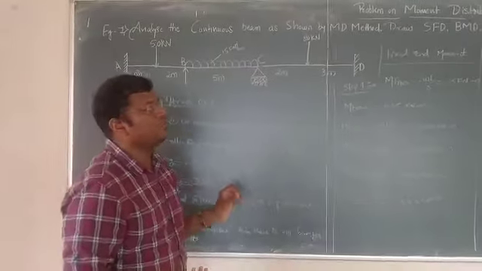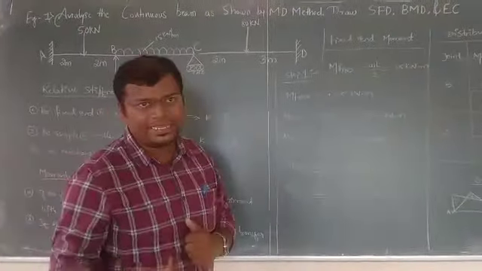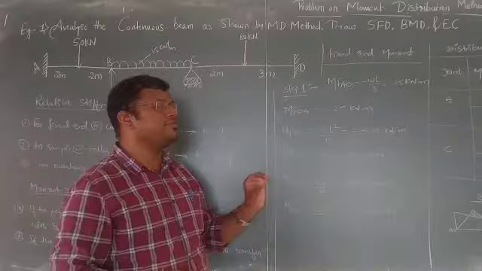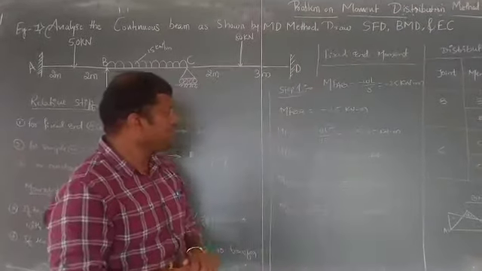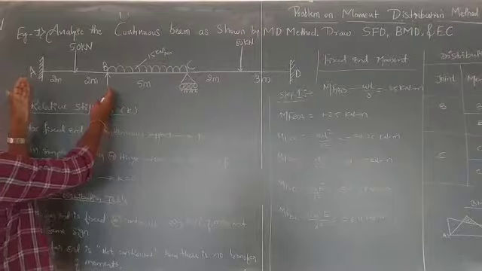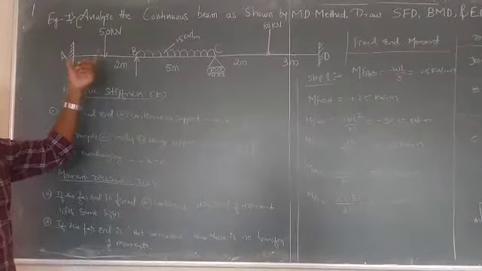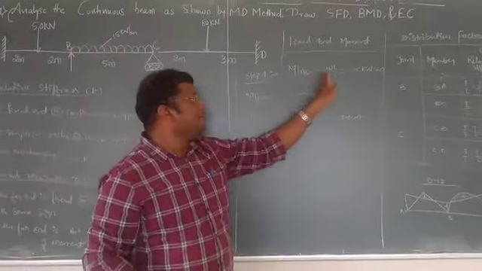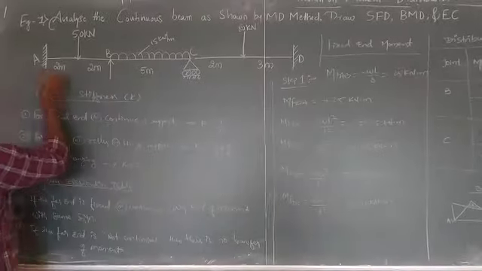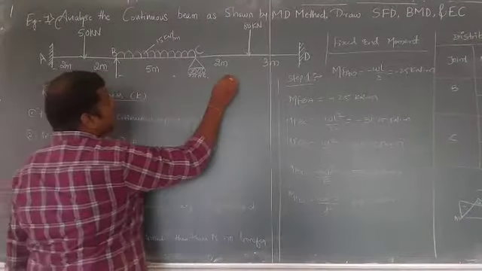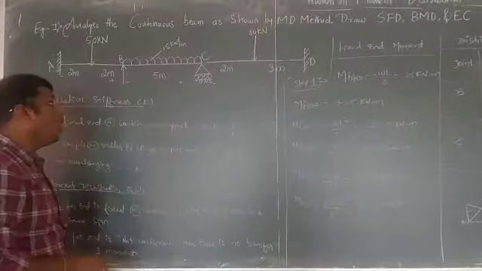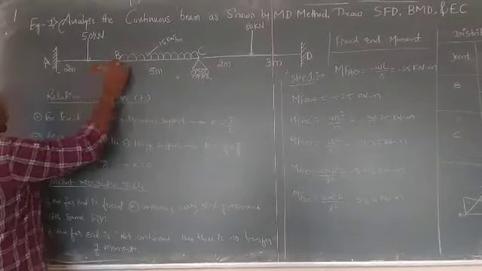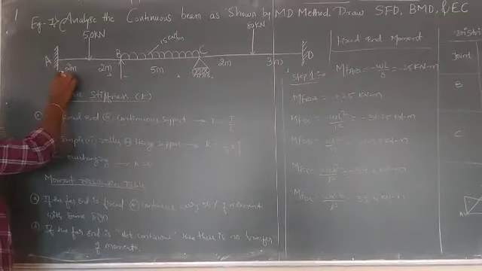Now, first step, as I told, we need to find out the fixed end moment, whatever the method may be. It may be the slope deflection method, moment distribution method, or Kani's method. The first step remains the same, which is to determine the fixed end moment. Now look here, in the first span AB, we have a point load acting exactly at the center. In that case the formula is minus WL by 8. Our sign convention is minus, plus, minus, plus. The load is acting downward, so the resisting moment is acting in the opposite sense. That is the reason we have taken minus here.